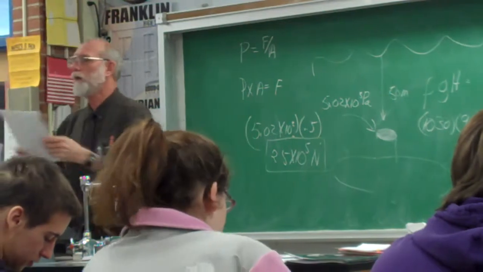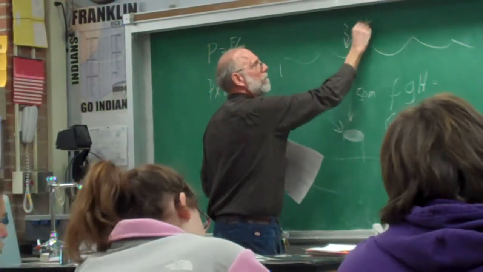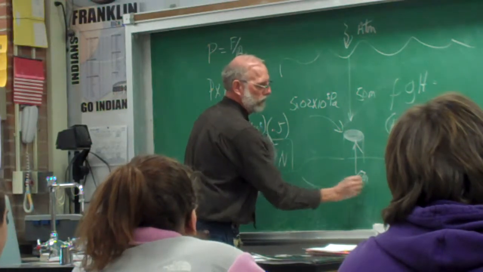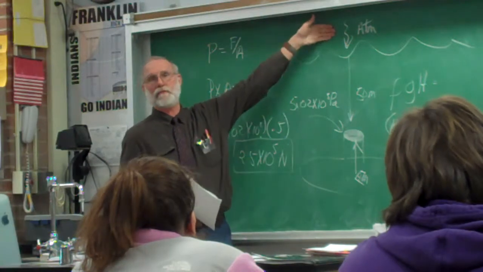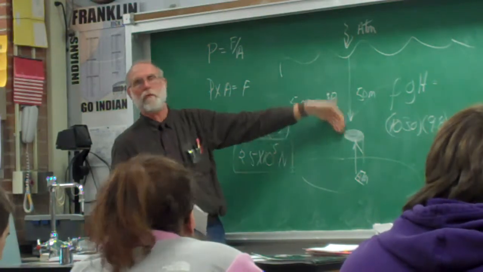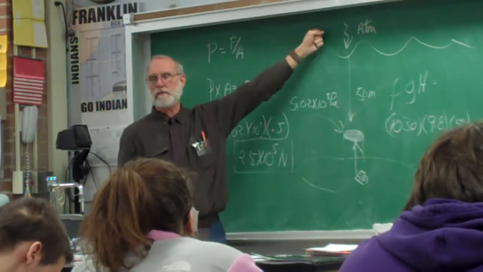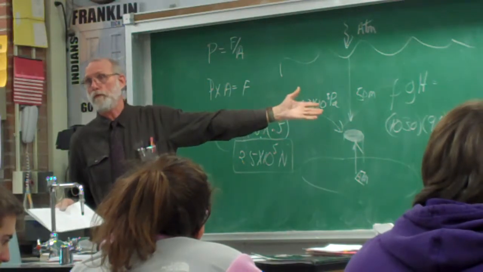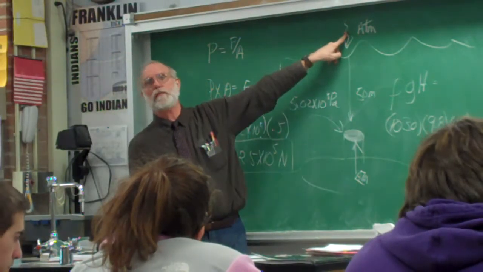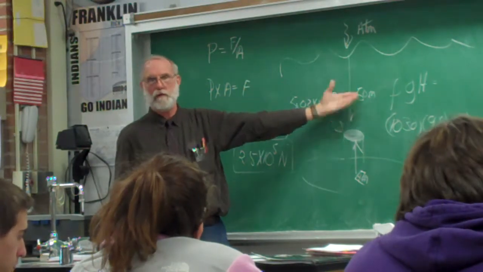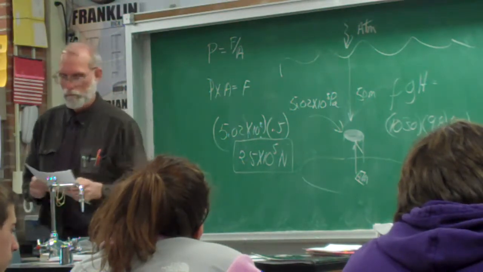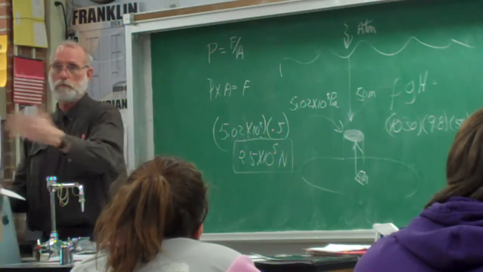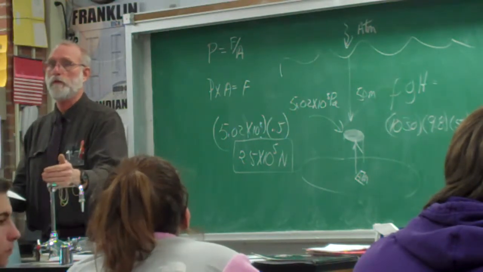Okay, so what you have here is atmospheric pressure pushing down. But inside your submarine, you also have atmospheric pressure. So the atmospheric pressure inside the submarine cancels out the atmospheric pressure here. So all that you're worried about is the pressure of the water, which is the only thing that's different between the inside and the outside. Inside your submarine, you've got people living, so you have to have air, and air is going to be at normal atmospheric pressure. So the atmospheric pressure in here subtracts out the atmospheric pressure here, so you don't have to worry about absolute pressure, you just have to worry about gauge pressure. Unless they tell you to include absolute, because the AP will do this. The AP is big on gauge pressure and absolute pressure. They will ask you specifically, what is the absolute pressure here? Okay, what is the gauge